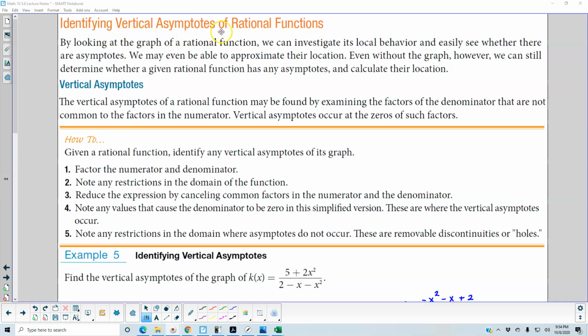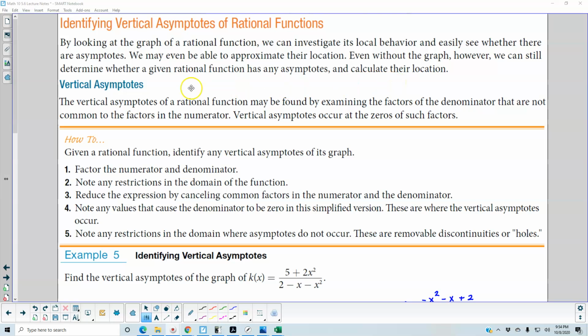Identifying vertical asymptotes of rational functions. By looking at the graph of a rational function, we can investigate its local behavior and easily see whether there are asymptotes. We may even be able to approximate their location. Even without the graph, however, we can still determine whether a given rational function has any asymptotes and calculate their